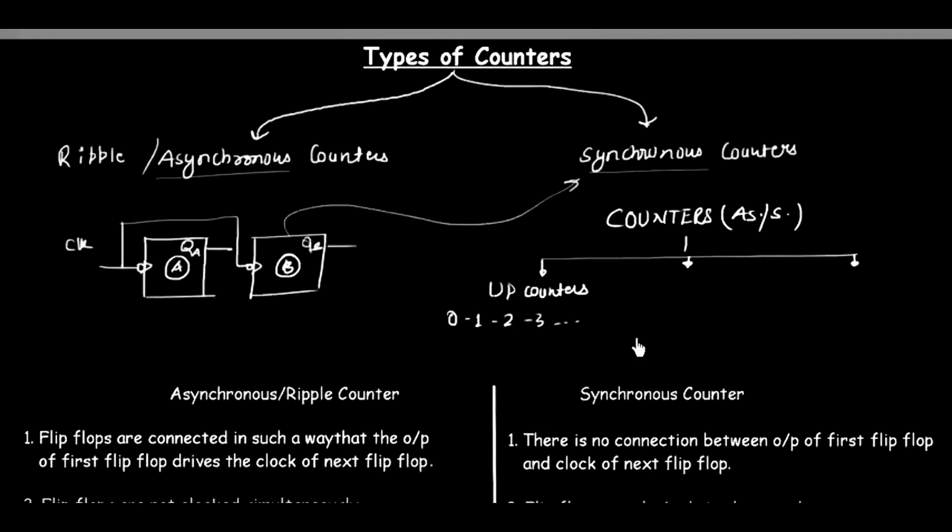And the second one is down counters. They count from large to small, and in this case their output goes low as they receive the clock pulse. For example, they will count like 7, 6, 5, up to 0 or any number you want. Similarly, we have the last type, which is up-down counters. You already know the up counters, you know the down counters, and this one is the combination of the up